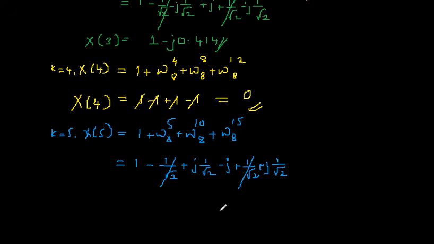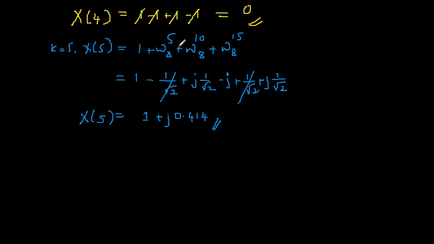Ultimately, I'm going to get, just make use of the calculator, this is 1 real part plus j 0.414. So this is what I ultimately get for k equal to 5, which is nothing but x of 5. Is that okay? So I'm left with two more samples. Let them find. Next I'll put k equal to 6, so that I'm going to get x of 6, which